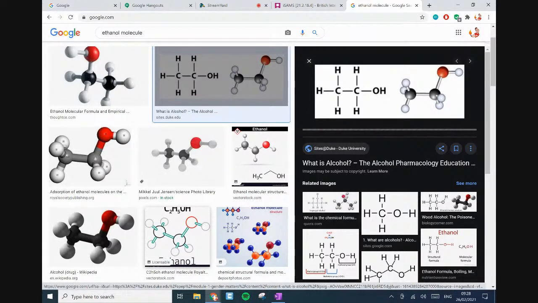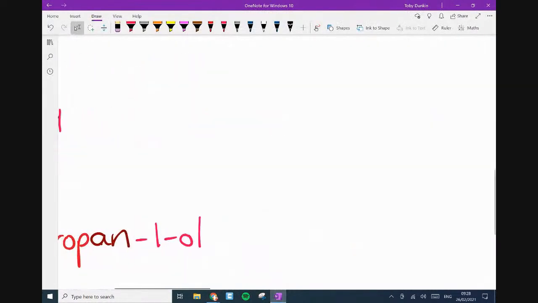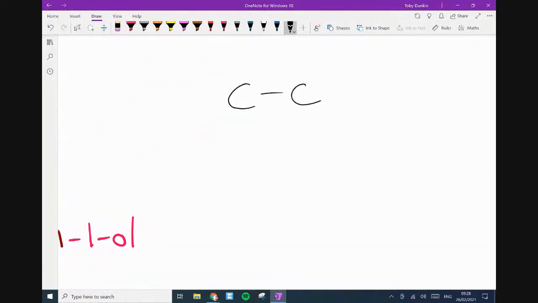On that picture there, they have got rid of the most important bond in the whole molecule. Do not do this. This is not allowed. Please don't do that. This bond here is the most important bond in the entire molecule. And the internet very, very often just makes it